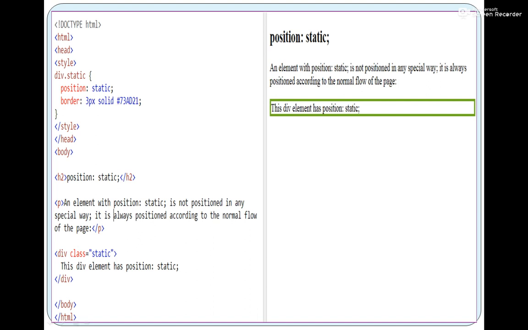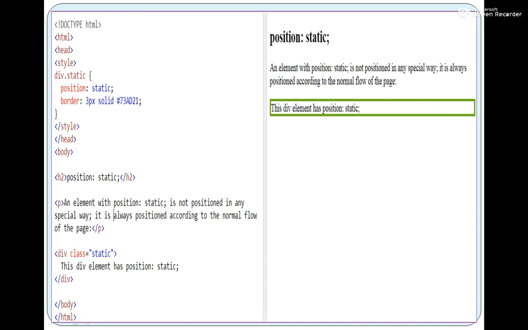And we have simply given a border for that element, which is of green color. See, this is a hex code for green color. Generally in coding, when you have to give colors for an element, you can either give a color name or you can give a hash code for that color. So you don't need to know this hash code, it is simply to highlight the element, right? So the main concentrating part is position equal to static.